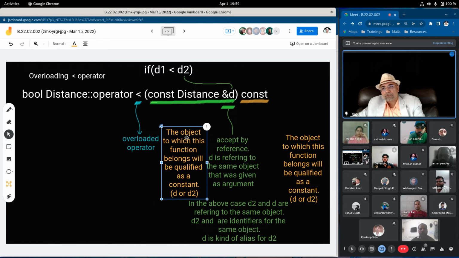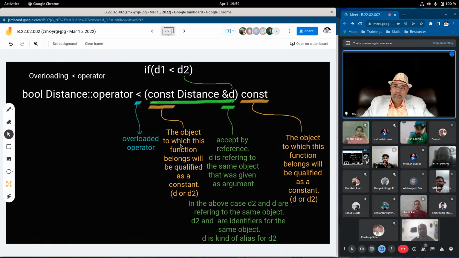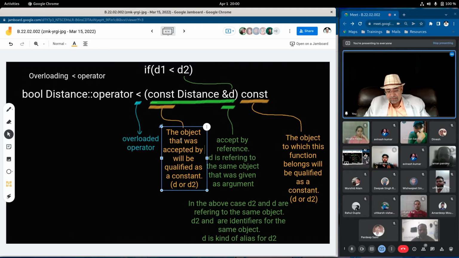About this constant, the object that was accepted by reference will be qualified as a constant, that is D1 in our case, because of this constant.